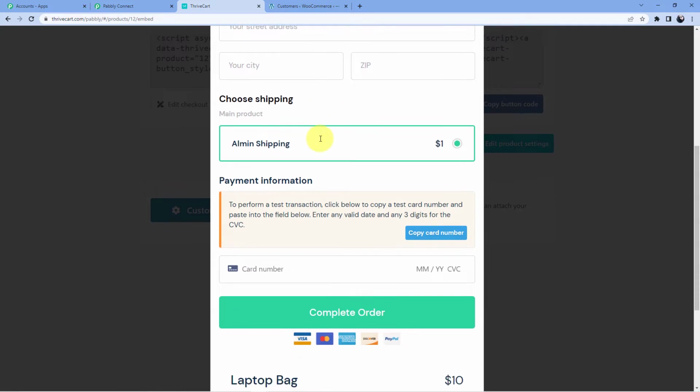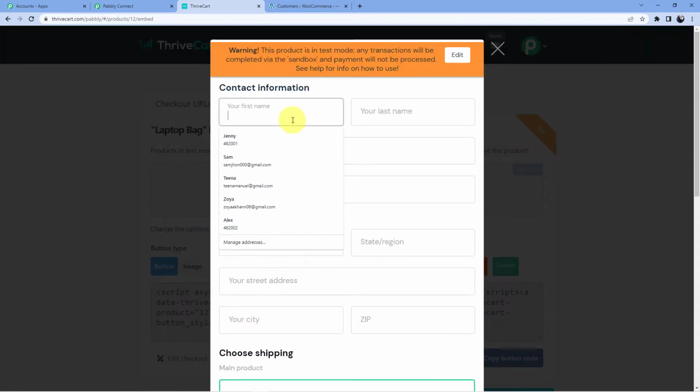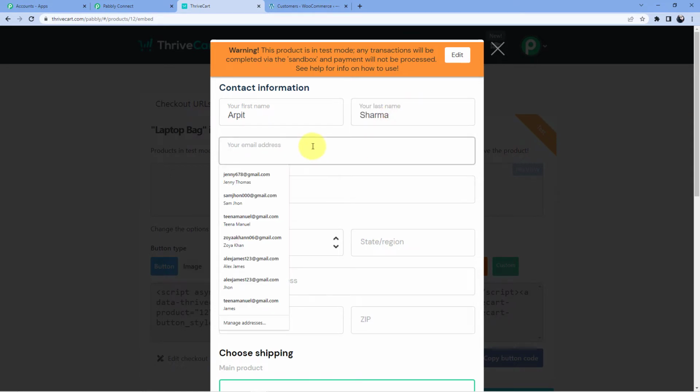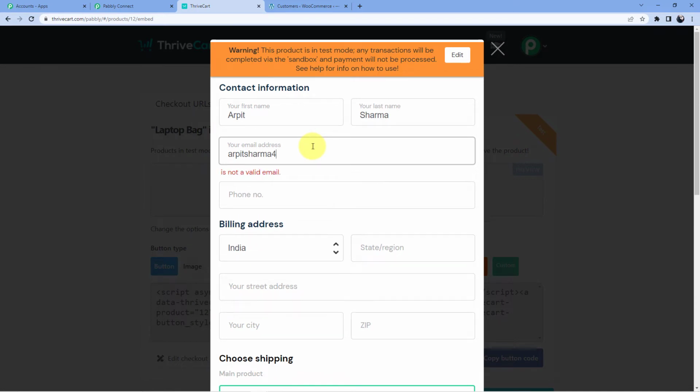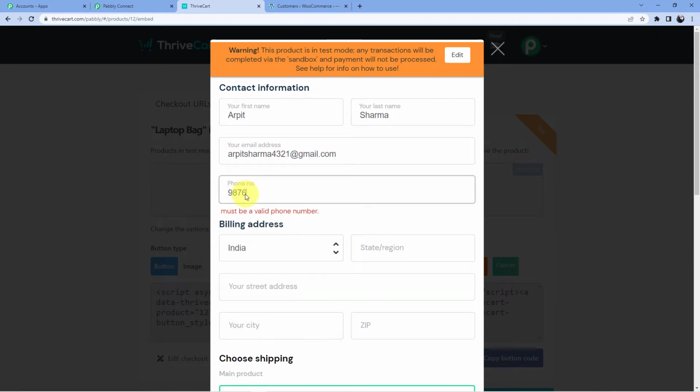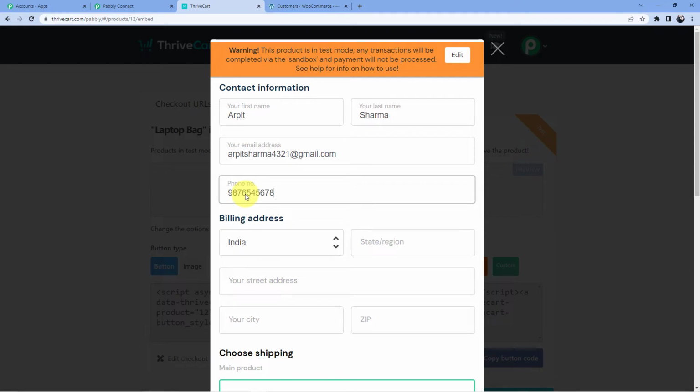And now here you can see we have to fill up this information. So I'm just going to fill up my information here. First name Arpit, last name is Sharma, email address is arpitsharma4321@gmail.com. Phone number, I'm using a dummy number here.